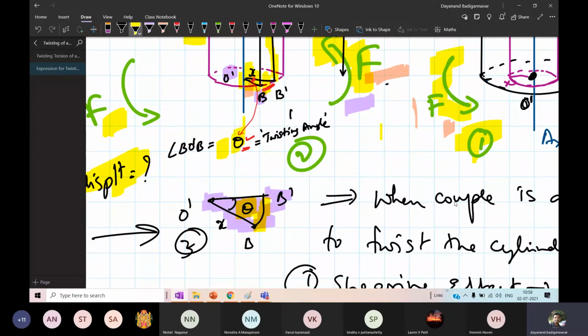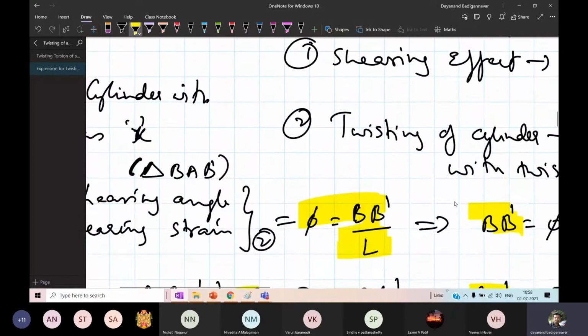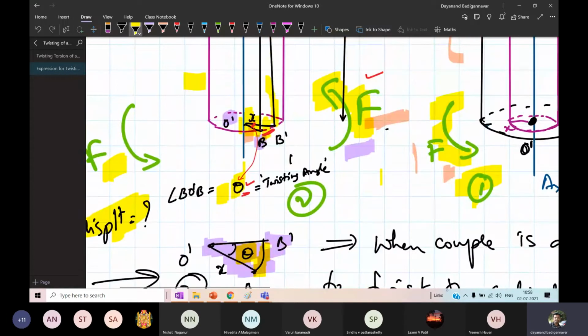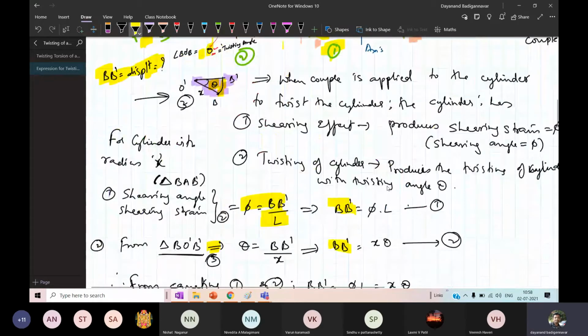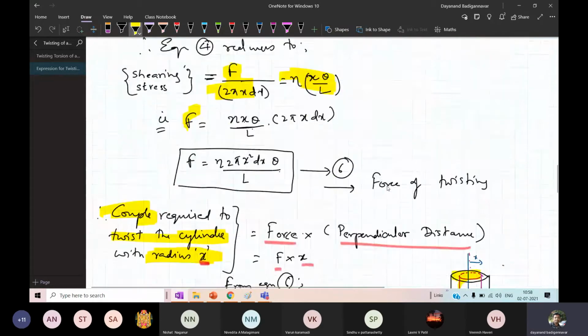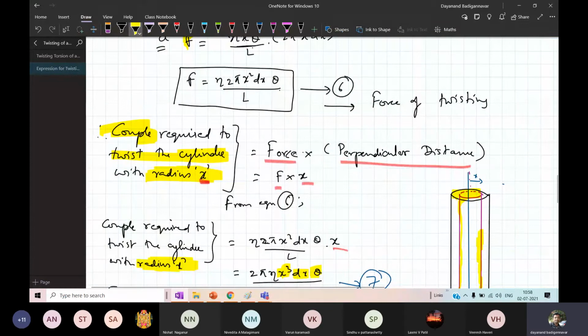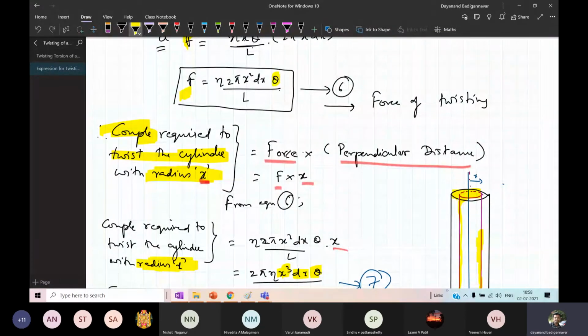So this is theta. This angle is called the twisting angle. So this much is the twist when you apply the force. Okay, so I will zoom it out. I have evaluated the force. This much is the force you required. You have to have a twisting of this much of twist.